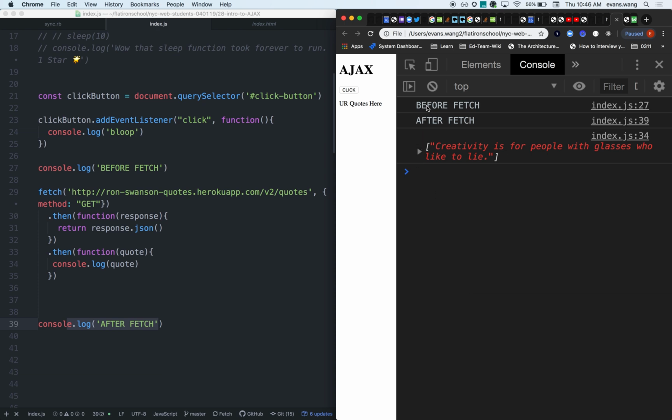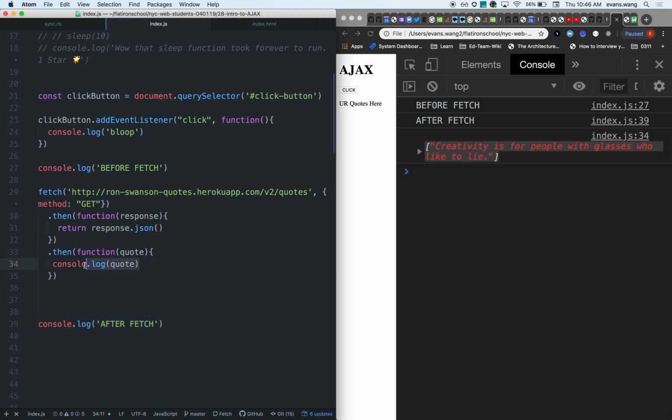Only I see before fetch, after fetch, and then this log is executing. Does anyone know why? Asynchronous, sure, yeah. Does anyone want to care to explain? Or you can just hear it from me in like 4 seconds. Just wait there quietly. Well, isn't it because like normally it goes top to bottom, but when it's asynchronous, it has to